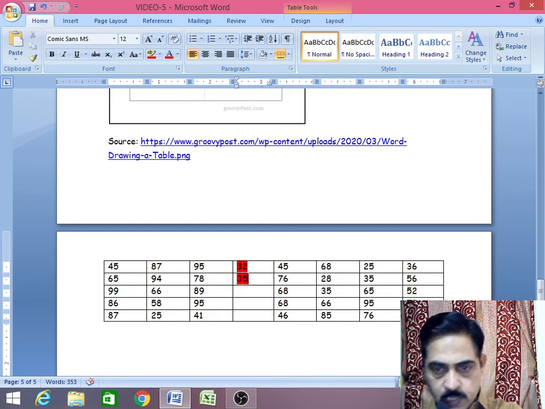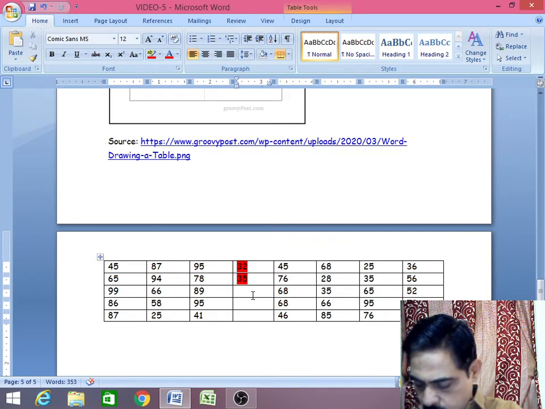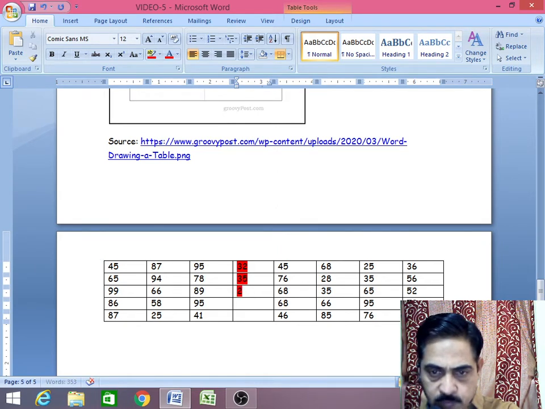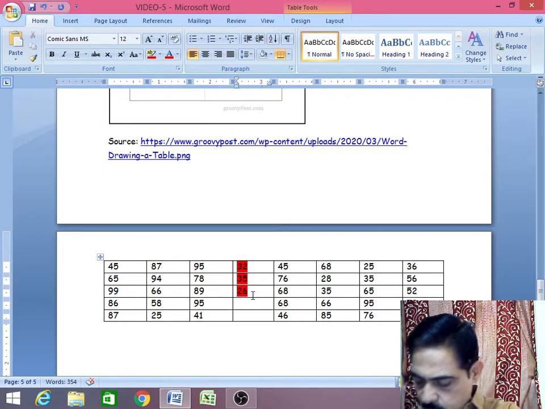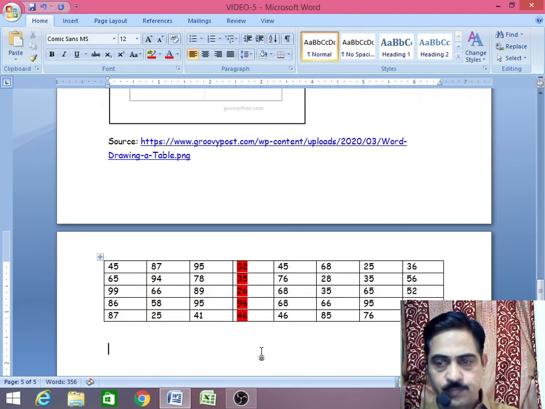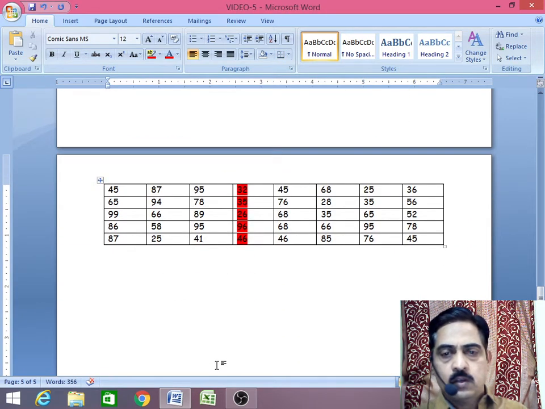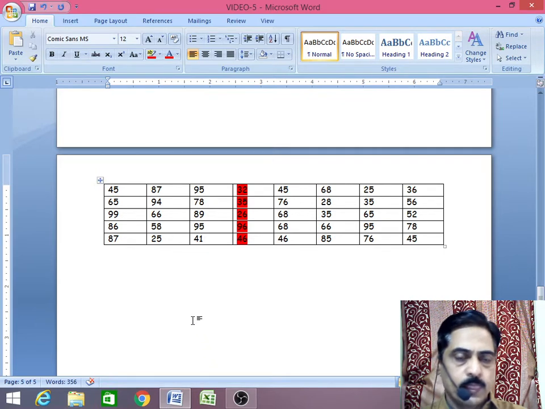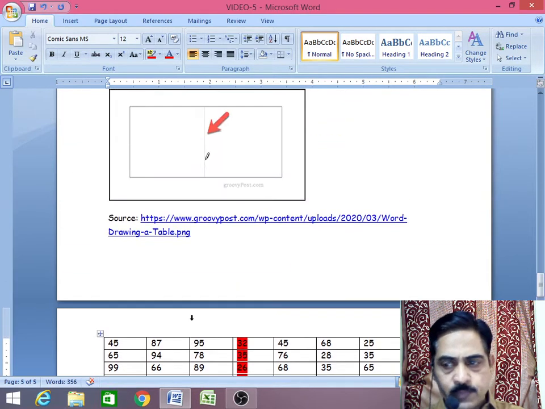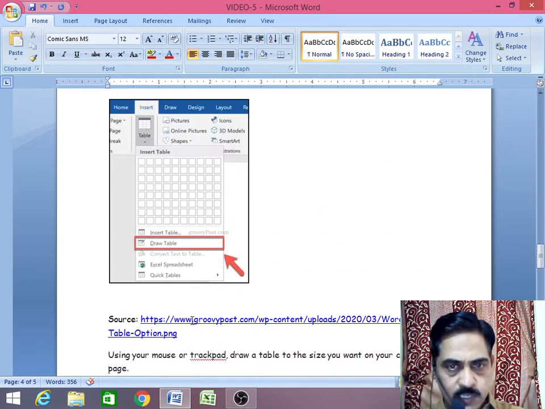I have filled with the color. As I have entered the values, that will be with color. Okay. So this is how we have drawn a table with using the insert table.